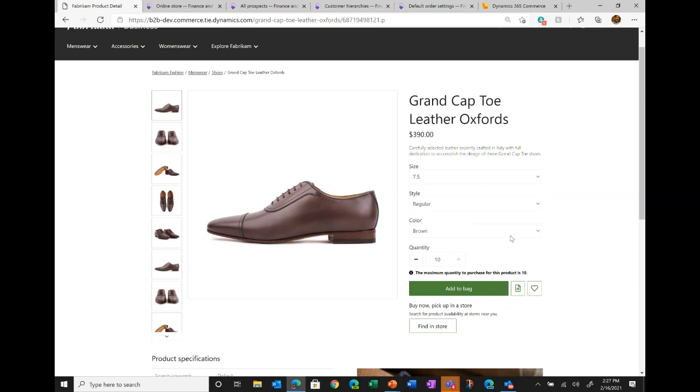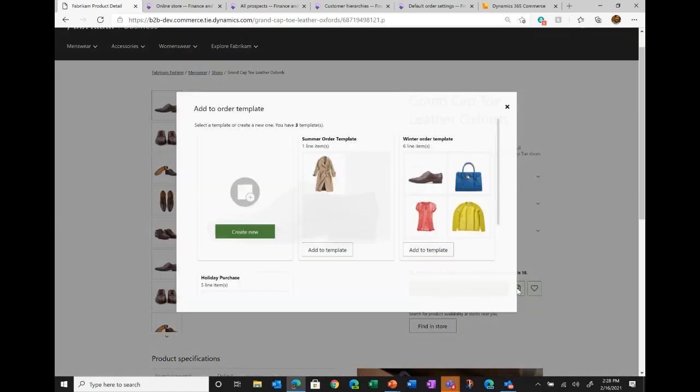In addition to this, like I mentioned earlier, we have introduced this capability for order templates. So when I'm on the PDP page, and if I think that this is a product that I will keep ordering month over month, and I want to add it to an existing template, or maybe I want to create a new order template, I can do so from the product details page over here. I can click on this icon or this button over here called Add to Order Templates. And when I do that, the system shows me a list of available order templates.